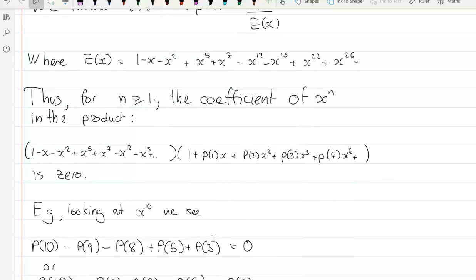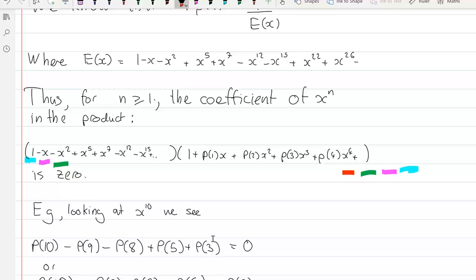How could you get x to the 10 from this product? Well, you could take p10 x to the 10 and combine it with 1. Or you could take p9 x to the 9 and combine it with this minus x to give minus p9 x to the 10. Or you could take p8 somewhere down here and combine it with this minus x squared. And then you don't need to worry about p7 or p6 because the next non-zero term in E of x is x to the 5,